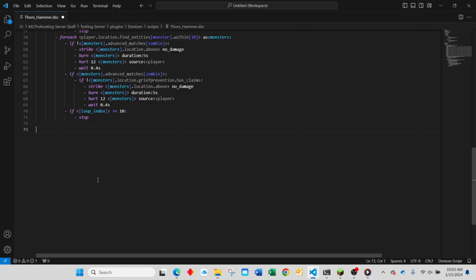Now we're going to add an admin command so that we can give ourselves the hammer rather than needing to craft it every time. So we'll call this the Thor's hammer command. And this is going to be, if I can spell correctly, a command script. The name of this command script is, let's just call it hammer. And the description is going to be gives you Thor's hammer. And the usage is